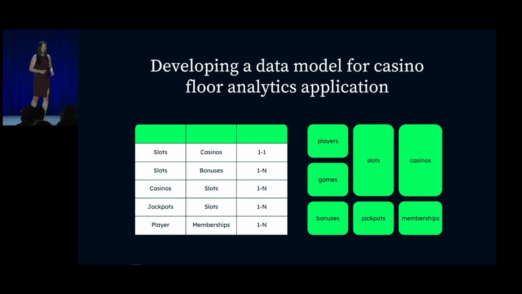These are the entities that we know we're going to deal with. And on the same side, we know what kind of relationships we're going to expect with these entities. So for slots, for example, slots in casinos are usually going to be a one-to-one. And I say one-to-one because we're referring to the physical slot machine. There can only ever be that single slot machine with that particular serial number physically in a single casino. So that's why that is usually a one-to-one relationship. And the rest are there. I'm not going to read it for you, but most of them fall within the one-to-many relationships in terms of slots and bonuses, jackpots and slots, so on and so forth.